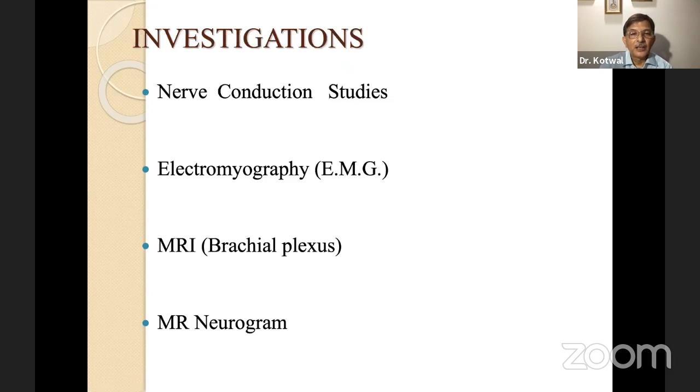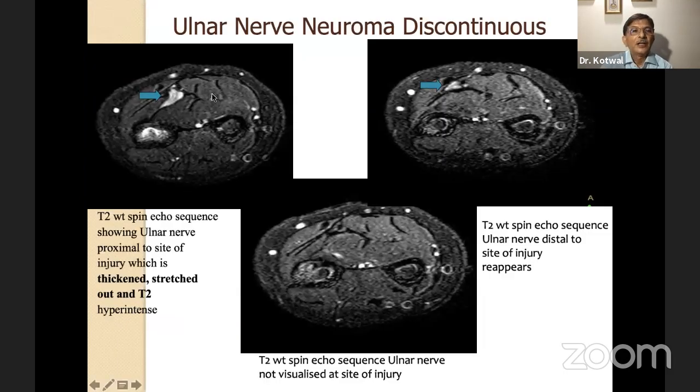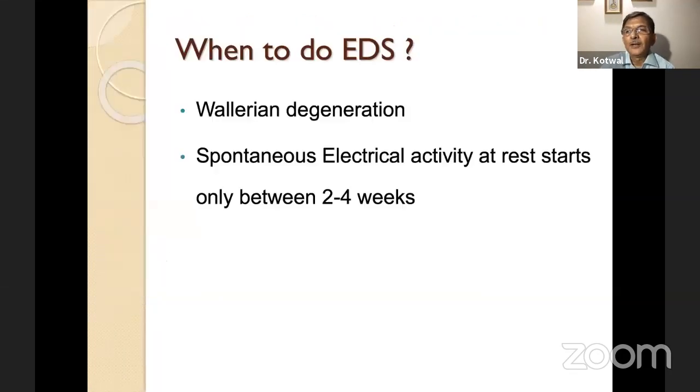The investigations have already been talked about. I will only show you this newer investigation, that is the MR neurography. This is MRI, and it's also called neurogram, neuro MRI also. What you can see here is the proximal cut, showing the nerve here. Then this is the distal cut, showing the nerve here, but there is no nerve seen in the middle of the limb or forearm. So that suggests that there is definitely loss of continuity of the nerve,